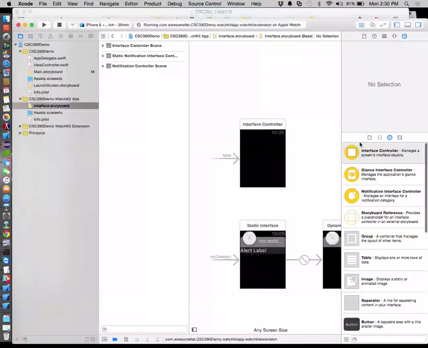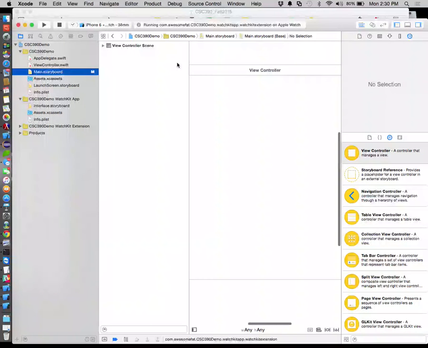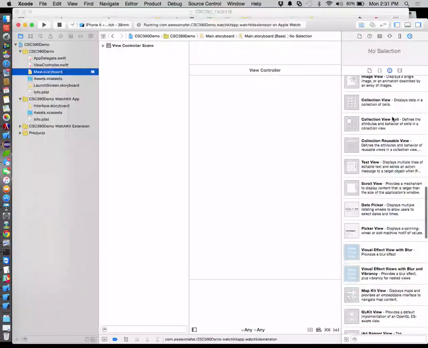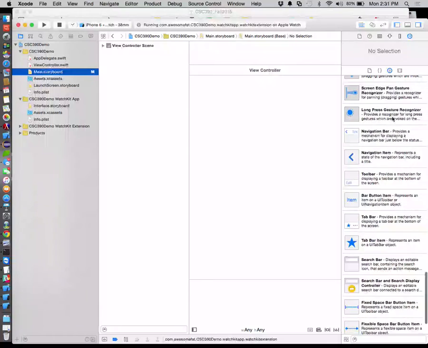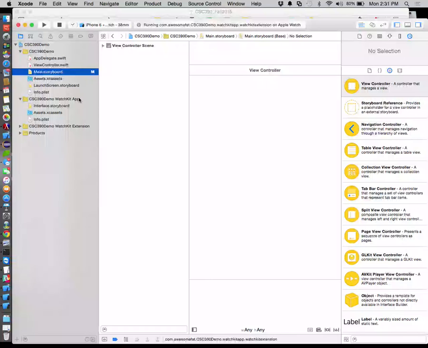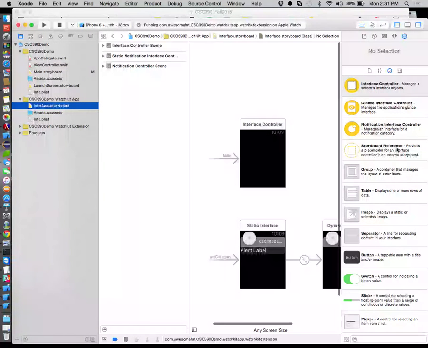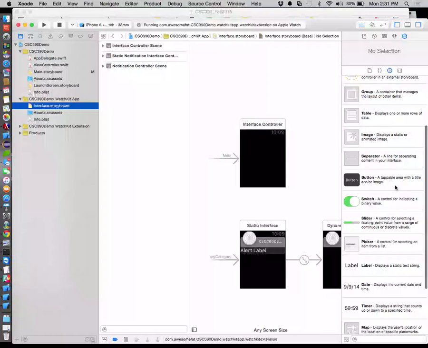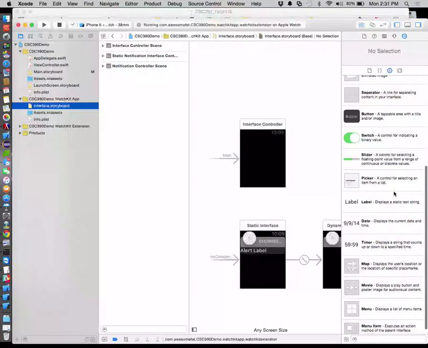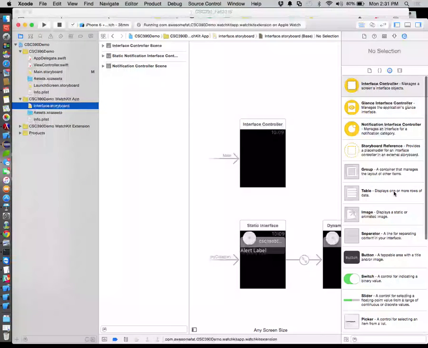So again, if you remember, actually, let's just do this. Here's our iPhone application side of it over here, and notice all of the widgets that we have here. That's all the stuff that we can put on an iPhone screen through Interface Builder. Here's the equivalent for our watch. That's it. So anything we program for the watch has to be done in terms of the widgets that are supported